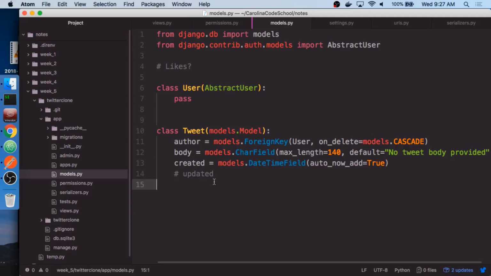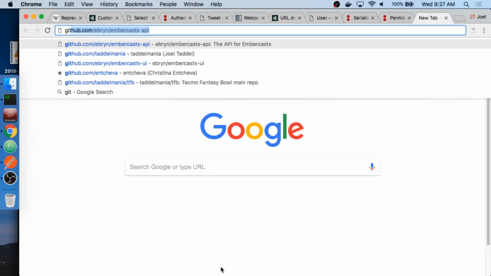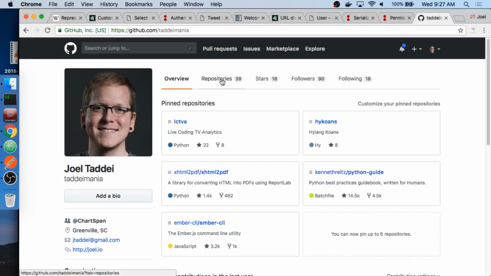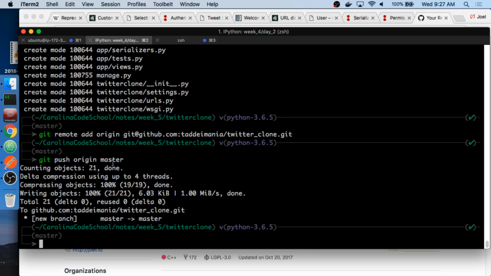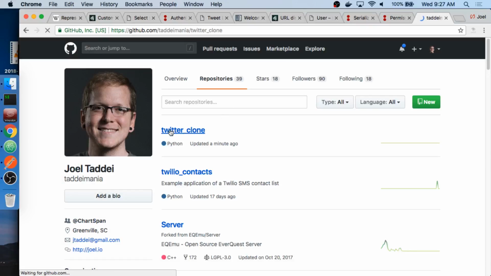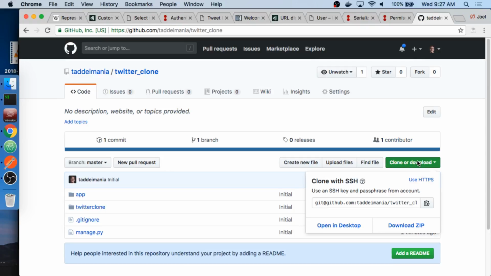So how should I go about doing this actually? Cloning a project? Right. Okay. So the way that you clone a project, pull it down, and get it to work, is you go to Twitter clone. You see this green button here? And we're going to copy that URL. Now you're going to want to make sure that you use HTTPS.